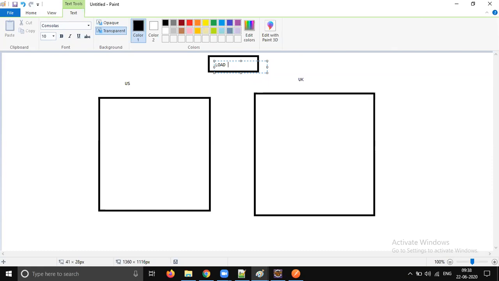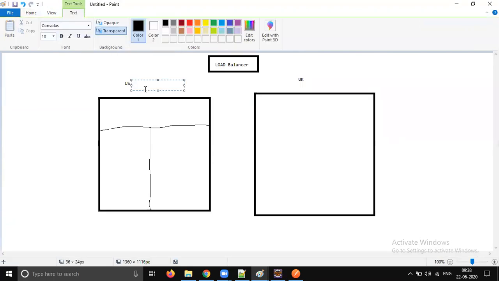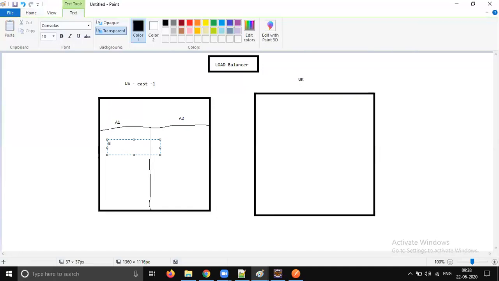Now the Eureka server will be installed at region level, or in a single region you have multiple availability zones, so it can be zone level. So you have like 2 availability zones in the US region. Maybe in the US itself there are multiple regions, just think like US East 1 or US West 1. In this region you have availability zone 1 and availability zone 2. Now your Eureka server is going to be at availability zone 1, so you have one Eureka server instance here, and one Eureka server instance here.